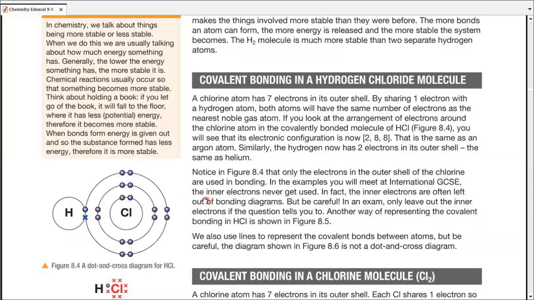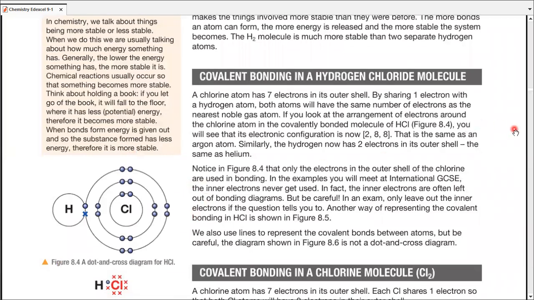The diagram is given right over here on your left. What does this diagram tell you about covalent bonding in the hydrogen chloride molecule? Hydrogen shares an electron. Why? It shares one electron in order to be two. Good. Hydrogen shares an electron because it wants to be two, the configuration of the nearest noble gas, which is helium.